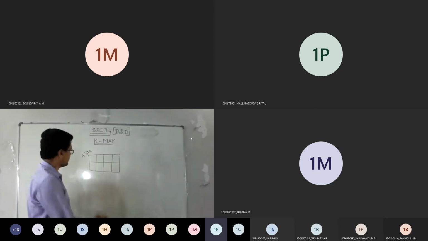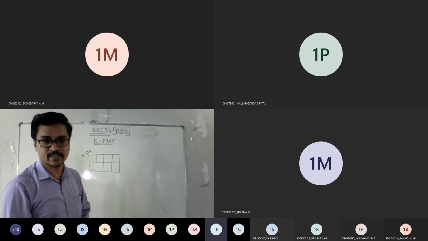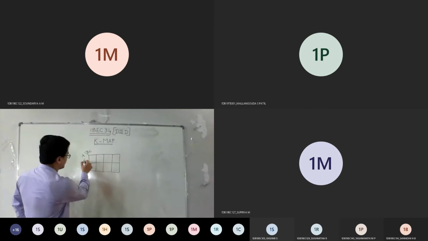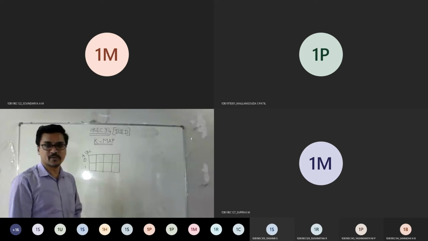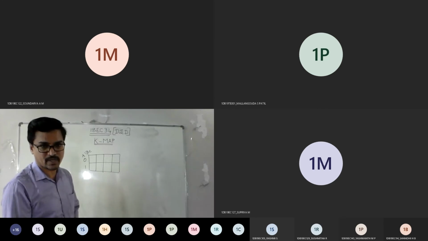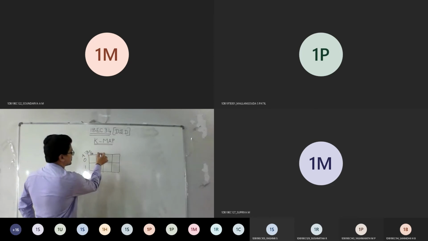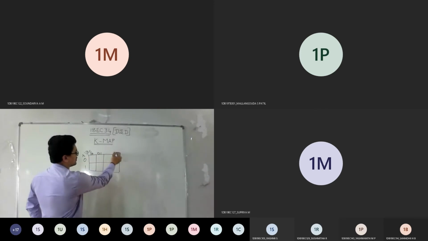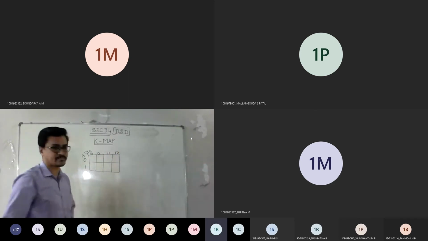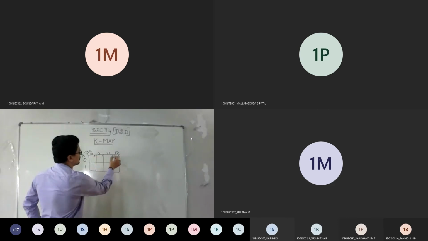Okay. So we know the complements: if it is 1 input, 2 power n, so 2 power 1 means I'm going to get 2 combinations, 0 and 1. Similarly, if 2 inputs are there, 2 power n will become 2 square, so 4 combinations I can designate with 00, 01, and so on. I told clearly you're not supposed to write things in order in the K-map. 0, 1, 2 comes here, then followed by 3. Then we mark the cells also, correct? So you mark the cells 0, 1, 2, 3, 4, 5, 6, 7.